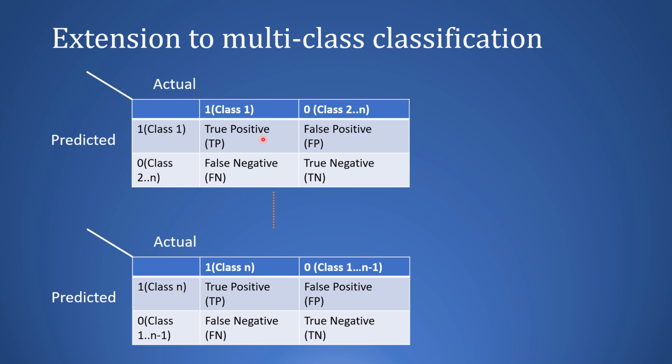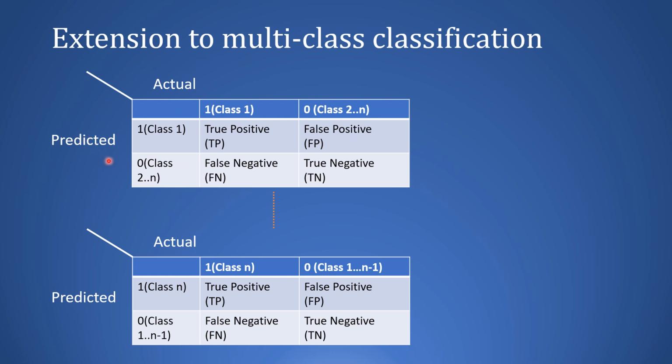Now for each of these individual classes, you can compute a confusion matrix like this, right? So for class 1, any sample which is predicted as class 1, if it truly belongs to class 1, then it's a true positive. Now if it is predicted as anything other than class 1, then it is a false negative, right? Similarly, if any other sample does not belong to class 1 but belongs to all the other classes and is predicted as class 1, then it is a false positive,